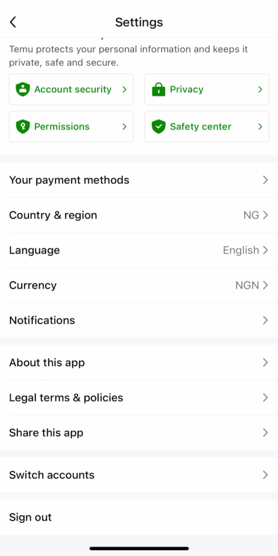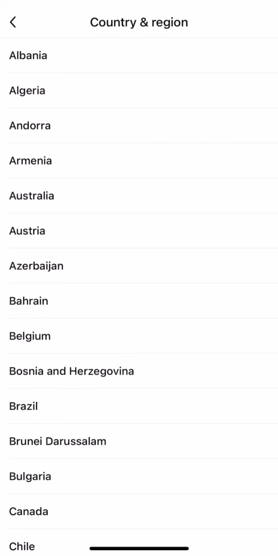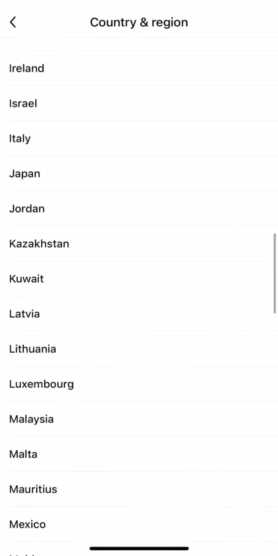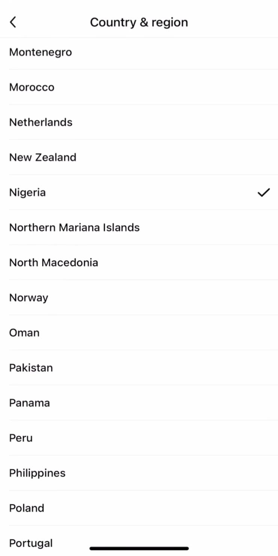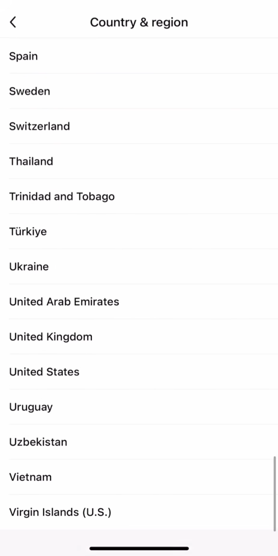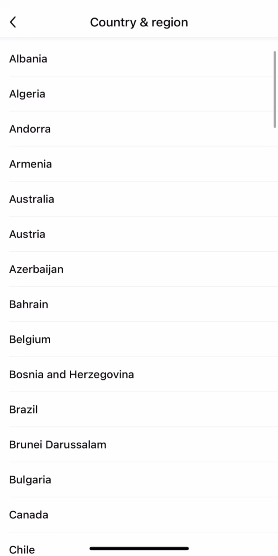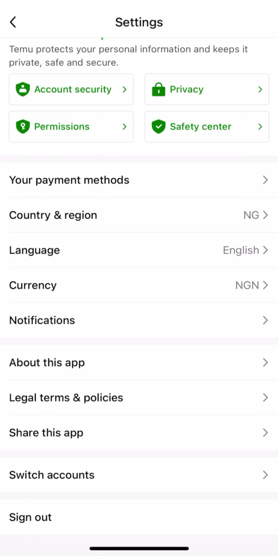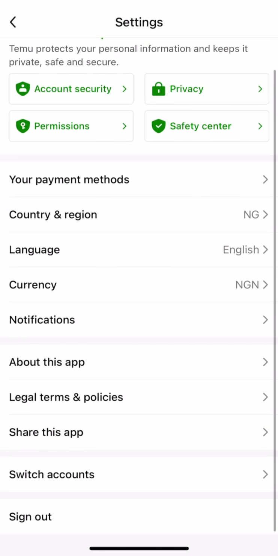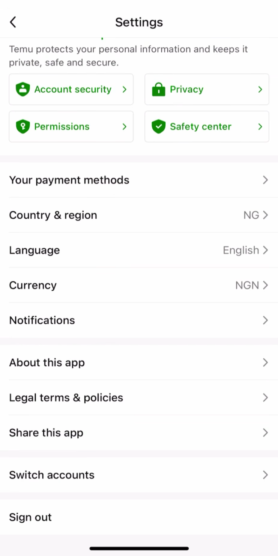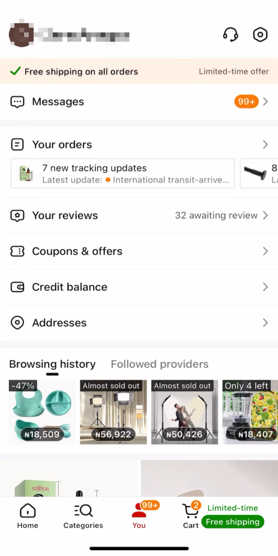The country or region, of course, just click on it and choose your country. If you're Nigeria, choose your country. All the countries here on the list, Temu delivers to them all. So choose your country, your language, your currency, and the notification. You can also input your number. Just do your settings on the app, and once you've done all your settings, you can start